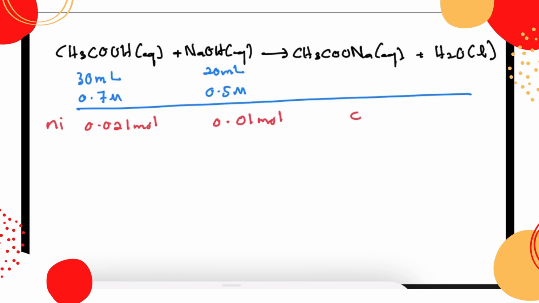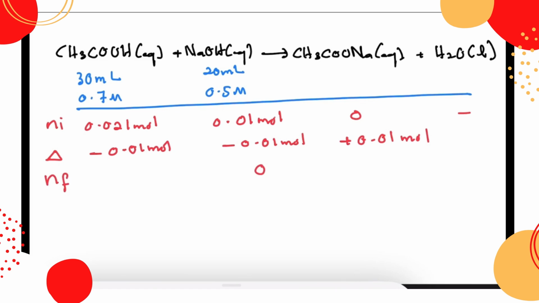And initially there is no salt produced, and we don't consider water, even though water has its own quantity. So we follow the less number of mole, which is 0.01. So minus 0.01 mole, minus 0.01 mole, and it gains 0.01 mole. Okay, and finally this is 0, this is 0.01 mole, and for this one